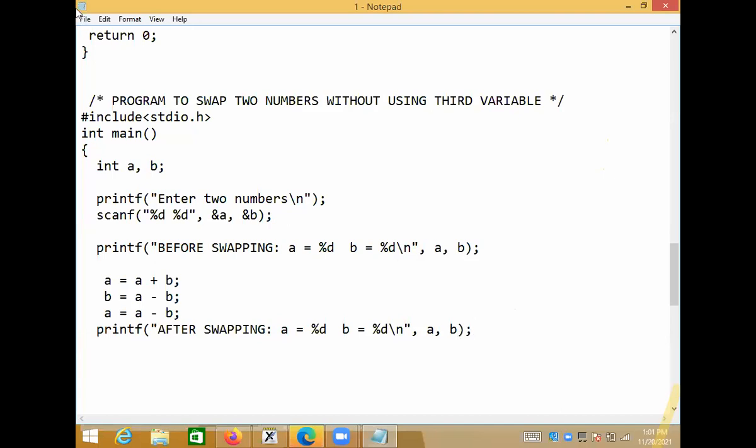Then finally say return 0, close the main function.